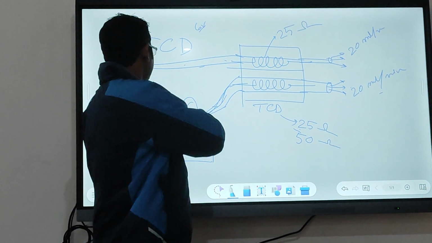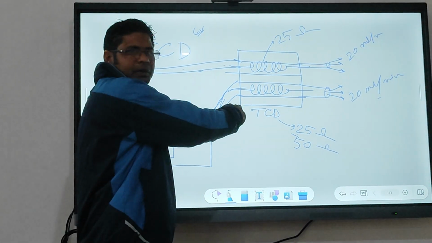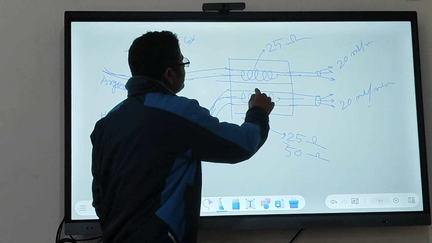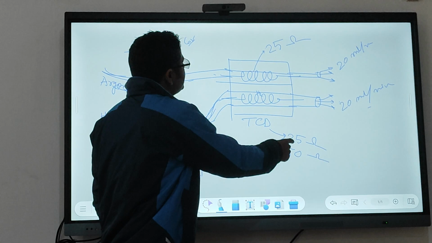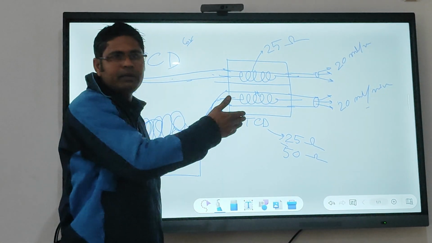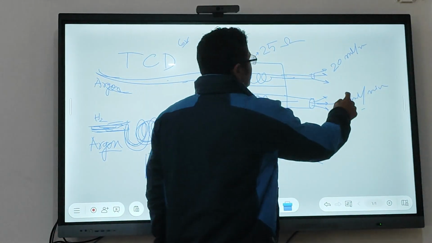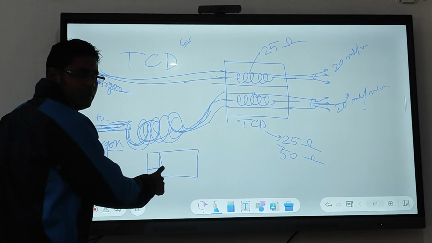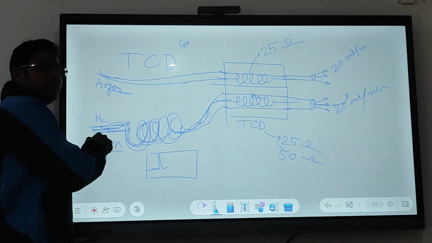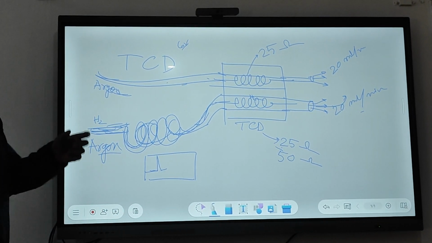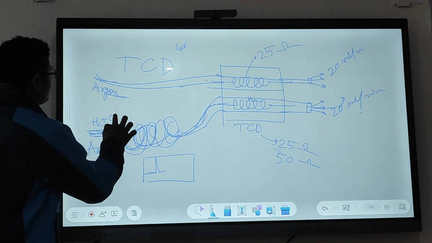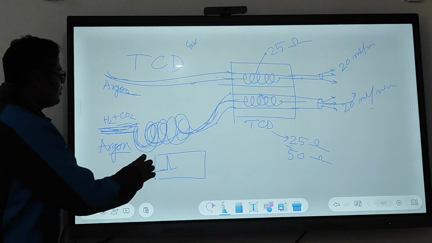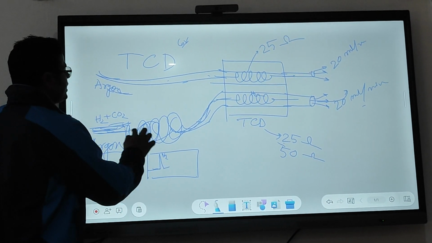And in TCD, your argon is always flowing, right? So your argon will carry your hydrogen for some seconds. It will disturb the resistance because of the different thermal conductivity, and it will go away to atmosphere. Then your baseline drops down. And the column purpose is separation. If you inject a mixture of hydrogen and CO2, now what happens? Your hydrogen will come first. You will get the first peak of hydrogen. After that, CO2 will